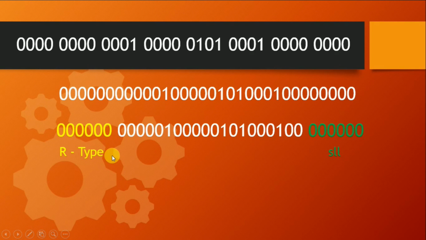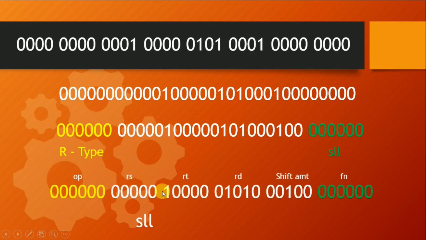So my fields are split into 6 fields. First one is for opcode 6-bit, RS 5-bit, RT 5-bit, RD 5-bit, shift amount 5-bit, and last 6-bit for function. So we are dividing and identifying that it is SLL.